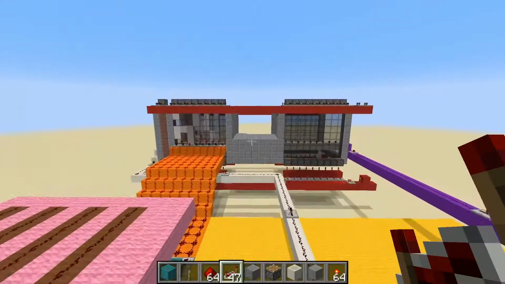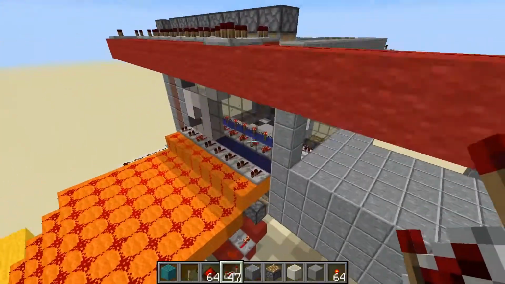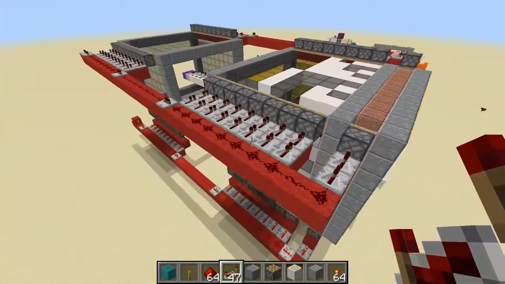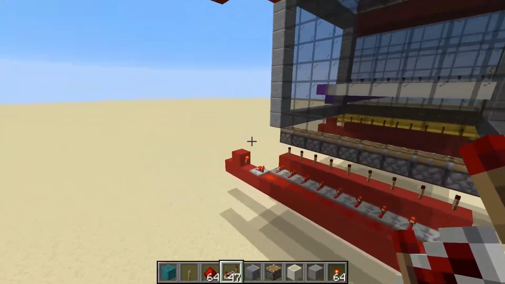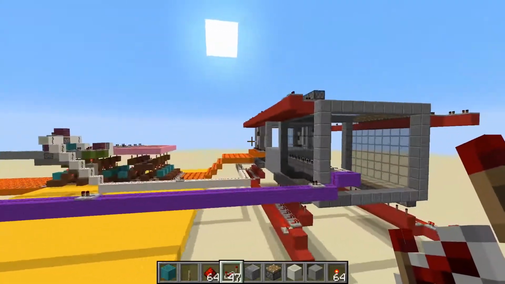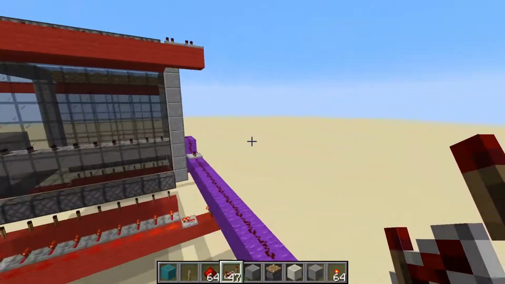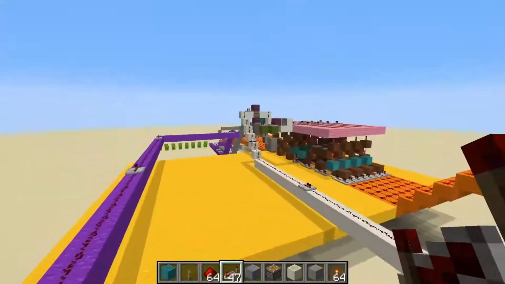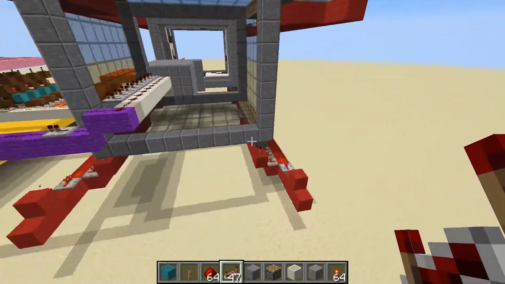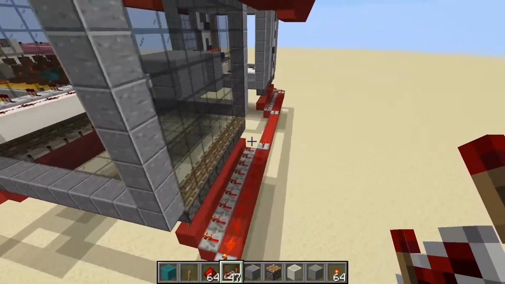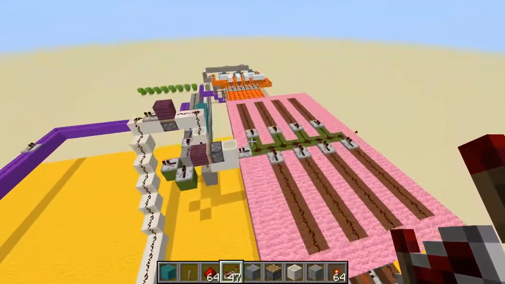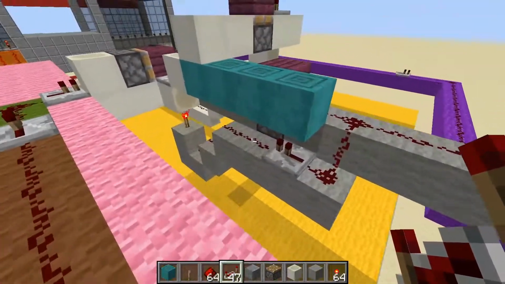And we're back. I completely wired up the pistons. Now I will connect them to the control circuit over here and do a repeater line so that they get powered at the right time. And what I also did, I implemented